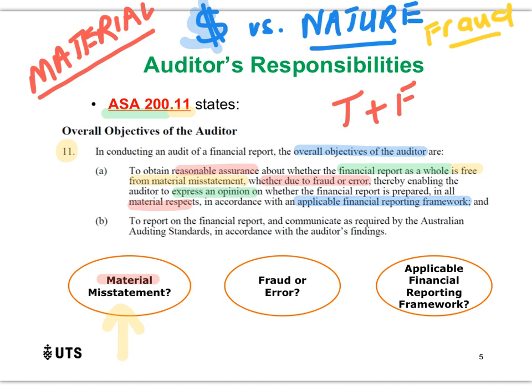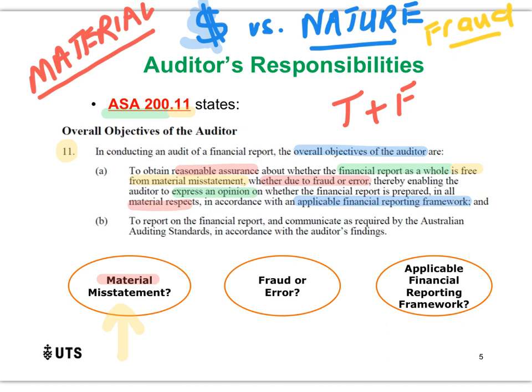But remember, a misstatement, an issue can be deemed to be material, can be deemed to be significant based on its number, based on its amount, as well as its nature. Something might be quite immaterial from a numerical perspective. It might be quite a small number, a dollar impact, but it can still be deemed to be significant because of its nature. But we're looking for the significant issues.